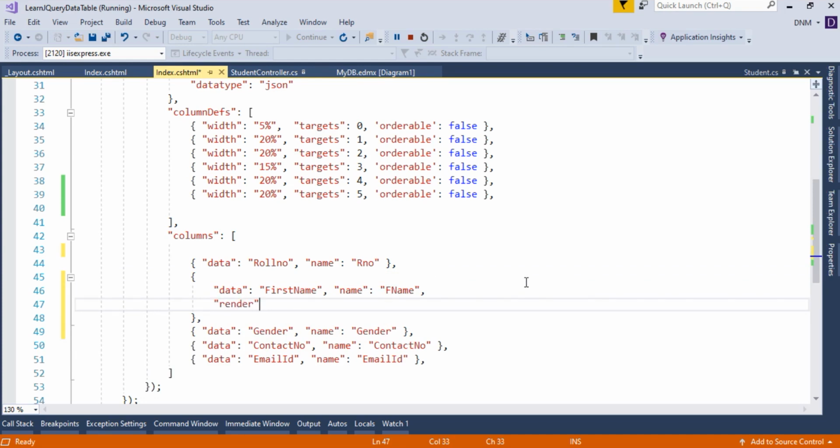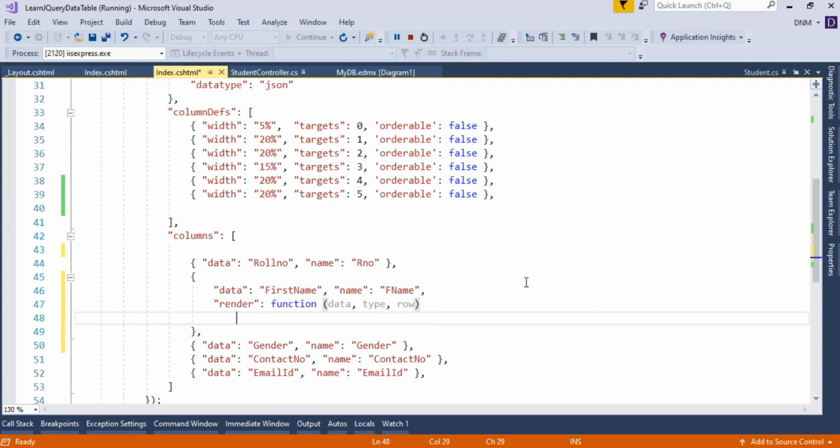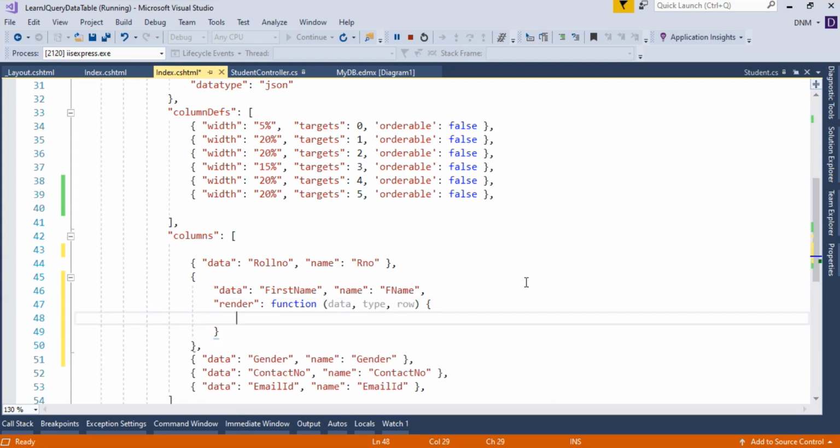render attribute, and to this render attribute I have to specify the function. That function will accept 3 arguments. First one is actual data that we binded, then type of data, and then after that, information of a full row. Okay, basically data shows the value of a single column.